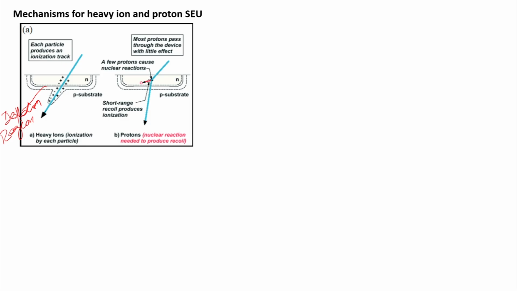The second case shows energetic protons. The protons will interact differently. Generally there will be nuclear reactions, and as a result of the nuclear reactions there will be recoiled atoms, that is very high energetic atoms, and those atoms can again create ionization, and it can create a current path. So, here it is because of the nuclear reaction, because of the very high energetic proton passing